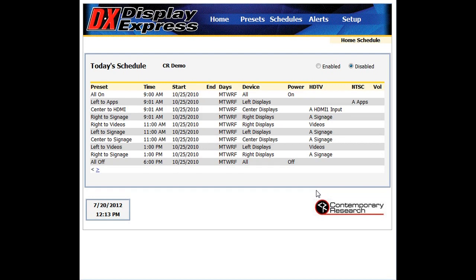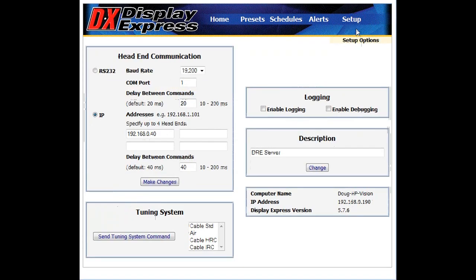In this section, we're going to cover the basic setup of a Display Express system, where you start and where you begin. Again, we're back at the home page, and we'll go over to logically setup. And the first thing we do is look at the main page. It's called options. There's where we decide whether we want to do RS-232 control to the head end or IP